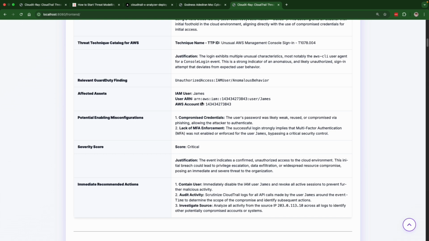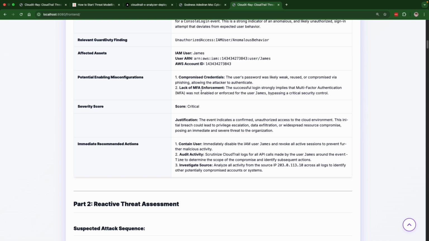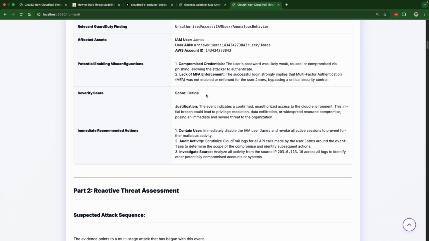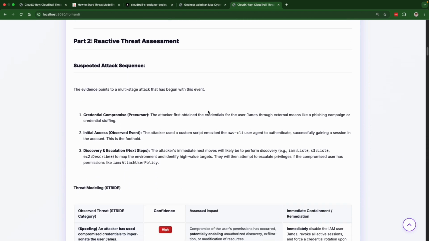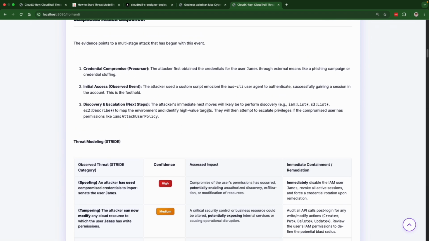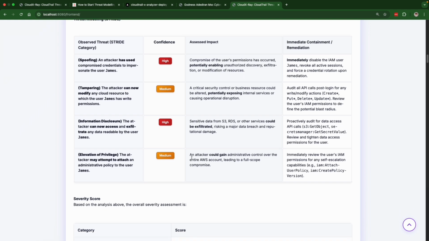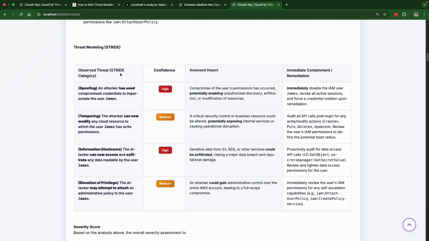So James, the ARN, the Amazon Resource Name, the account ID used, then what enabled this attack, what enabled this severity score justification. Now to the reactive threat modeling part, which basically gives us a reactive threat modeling using STRIDE to give us more